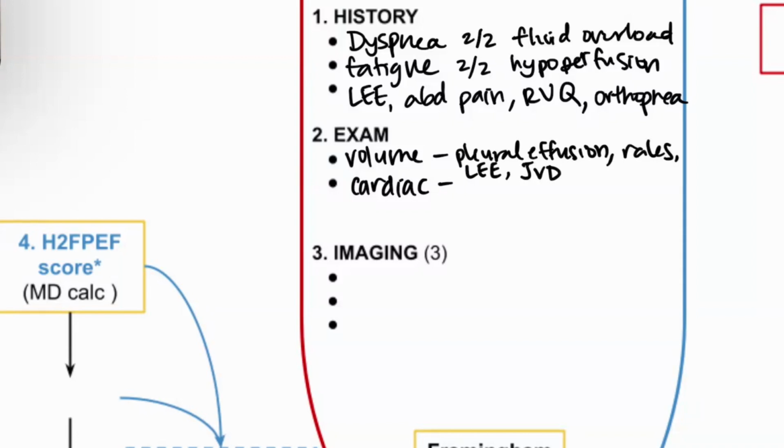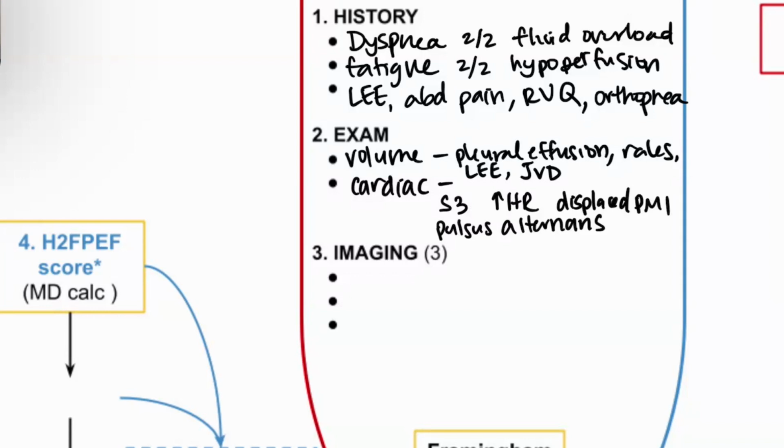On their cardiac exam, you might notice an S3, which is pathognomonic for some type of left ventricular dysfunction. You might notice some pulsus alternans. And the other ones I wanted to talk about were increased heart rate. And you could also have a displaced PMI because of left ventricular enlargement.